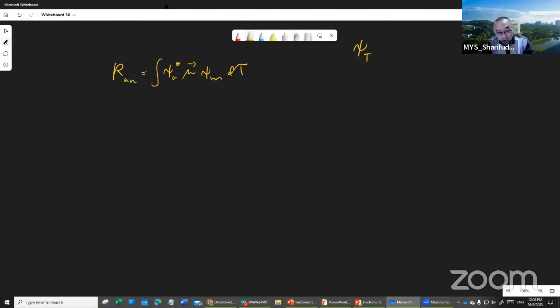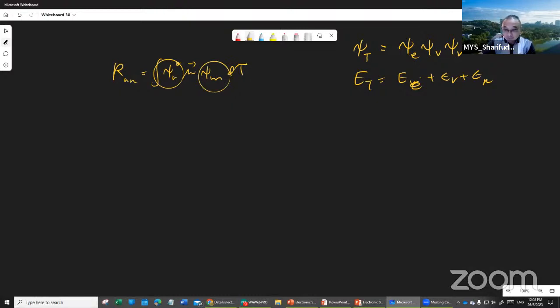or vibration or rotation can be represented as the product. Remember, E total is E electronic plus E vibration plus E rotation. For psi, it's actually psi E, psi V, psi R. It's just a multiplication. Okay, so we can actually break this down into the different types of motion. So we can say that R and M is equal to, we'll just break it,